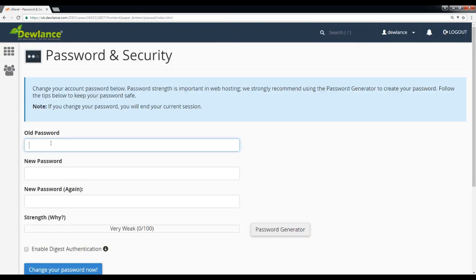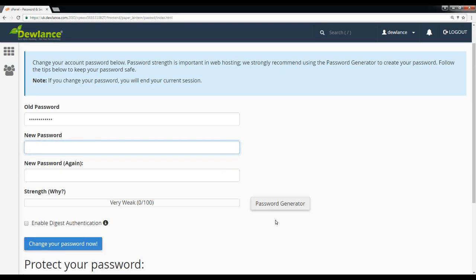Enter your old password. Enter your new password, or you can use a password generator.